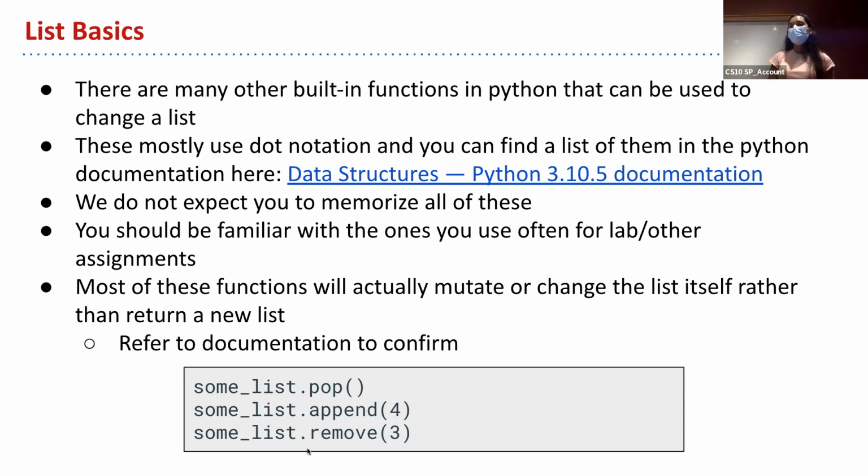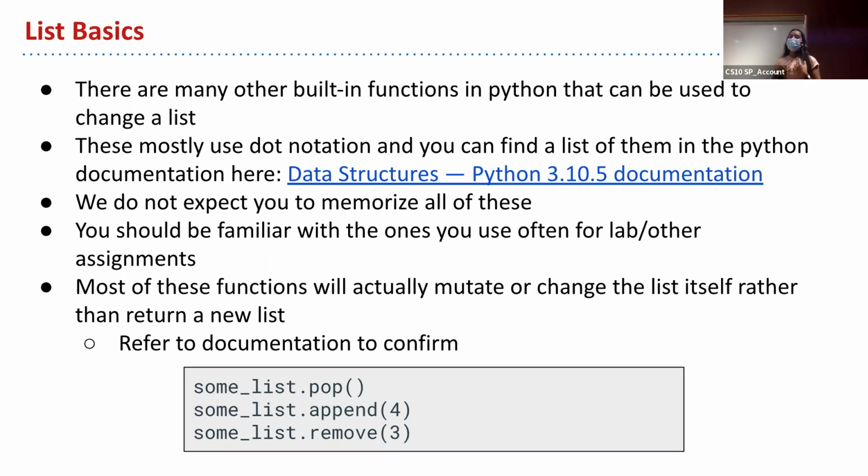Then if you refer to some list again, it's no longer going to have whatever was at index 3. It's going to have something else. And you'll see that in lab, you'll see that in lecture on Monday as well. But yeah, so these dot functions usually actually mutate the list. But if you're using a new function on a list and you've never used it before, you should always read the documentation to make sure whether or not it mutates that list.